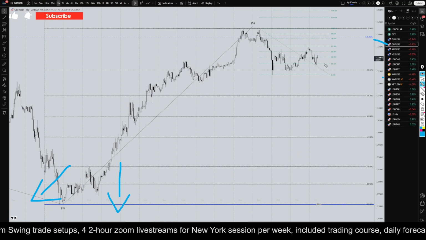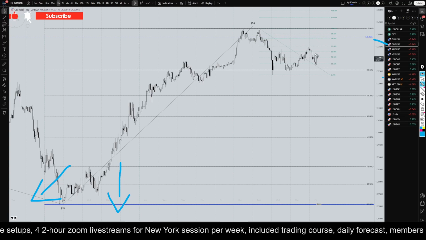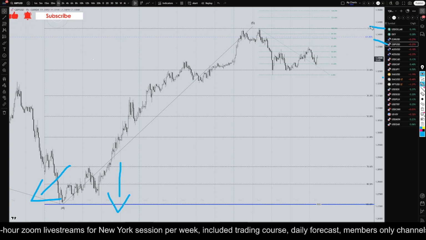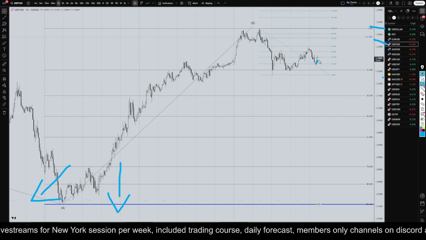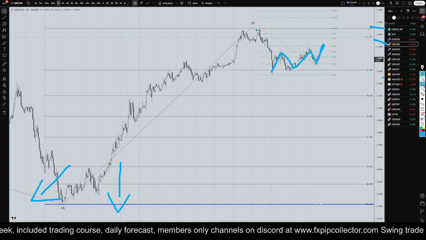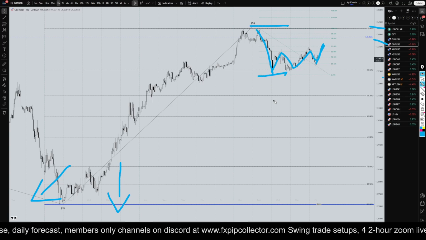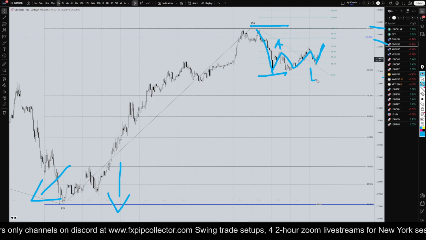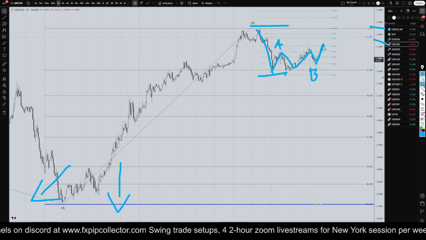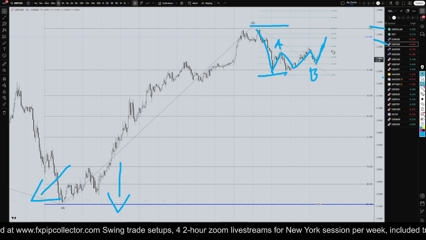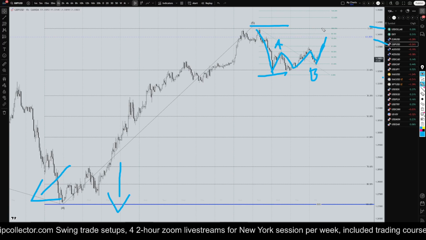So, anyways, the pound dollar is kind of continuing to be a little bit on the sideways side. Because of my US dollar index, I think there's a good chance that this is going to drift up a little bit more. And I think this is actually probably all part of a correction to the last move down. So we have our Fibonacci retracement on this move down right here. I think this is like a wave A right here. I think this is like a little running wave B. And I think we're going to drift up probably to maybe even the 78% or the 68% for a wave